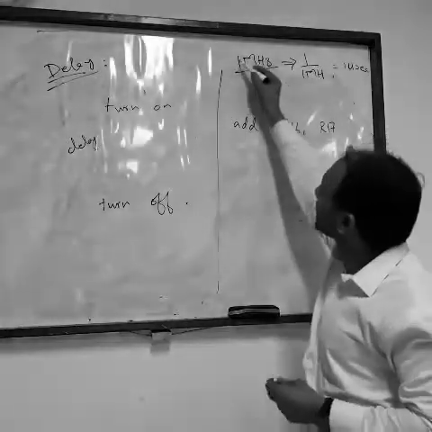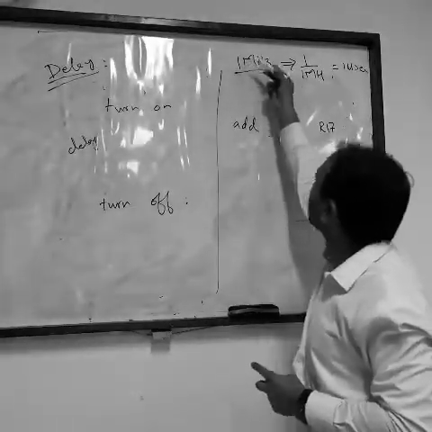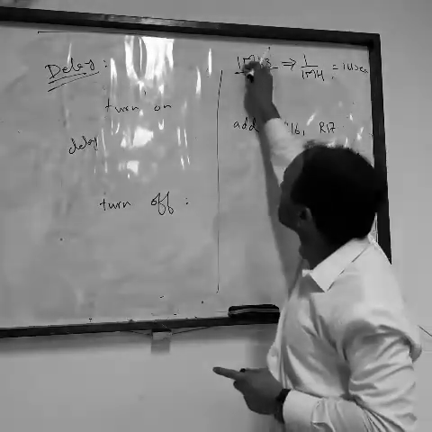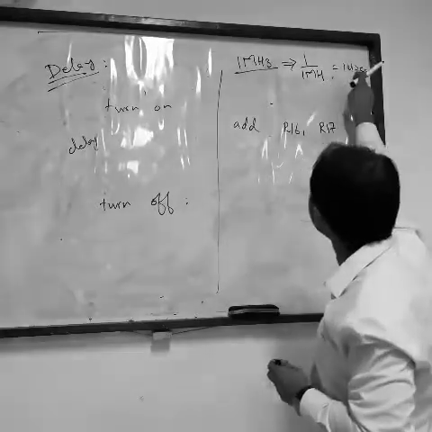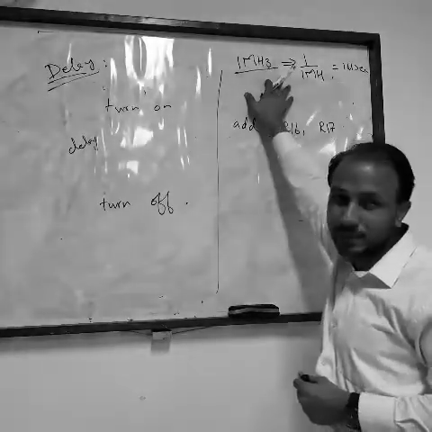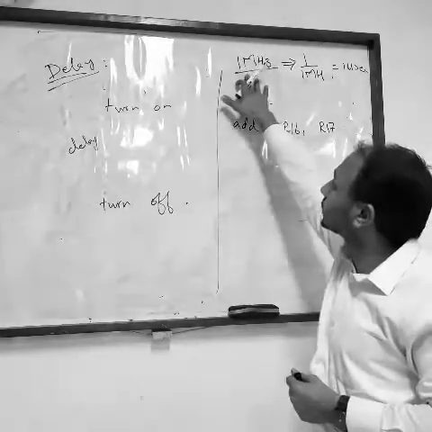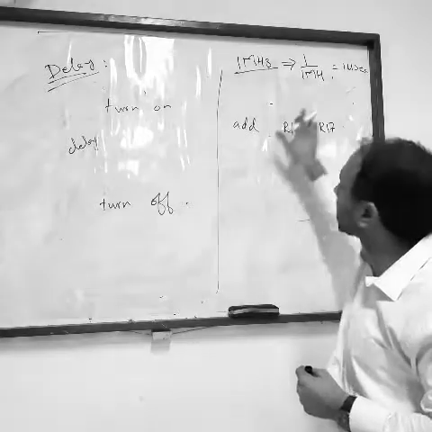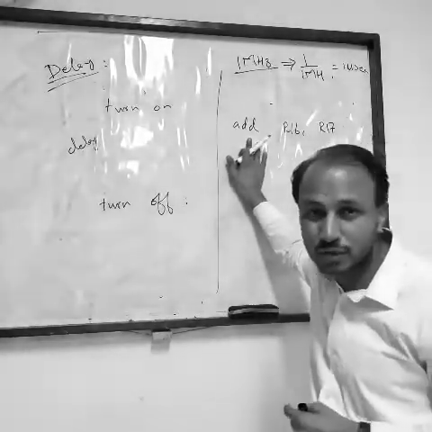If our clock is more than 1 megahertz, for example, if you increase this clock 10 times, your time will reduce by 10 times. I am making the example easy to understand. It is 1 megahertz, and our instruction time, 1 cycle, is 1 microsecond. This instruction takes 1 microsecond.